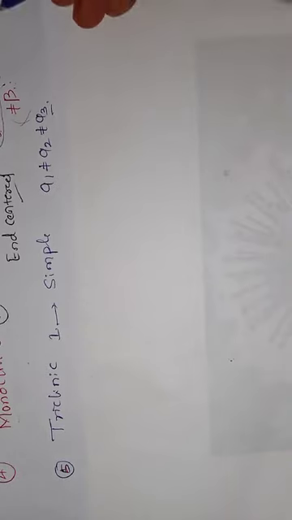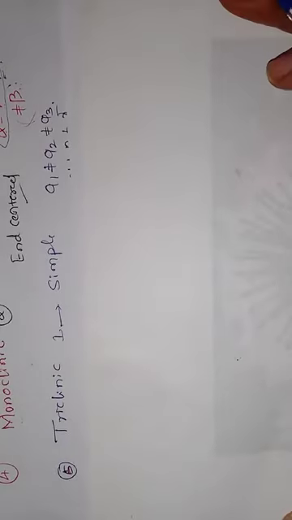In the last session, we learned about the crystal system. There are 7 crystal systems. In detail, we studied 4 types of crystal system. Let's continue with the 3 that remain.